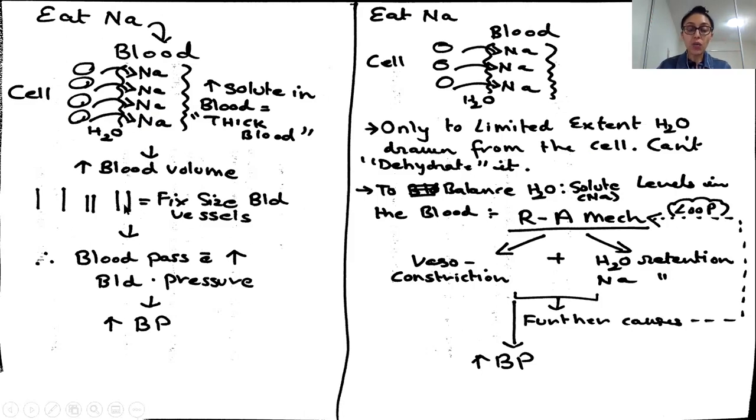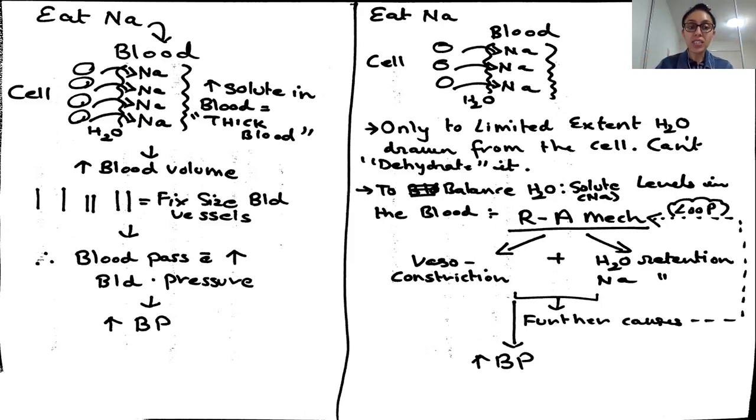Now imagine the blood vessels can only expand and contract so much. It's like a rubber band. If you stretch it so much, at one point it's going to break. Your blood vessels will expand only so much, but not more than that. And then what will happen? You will have an increased blood pressure because of the increased blood volume, and this will lead to high blood pressure.